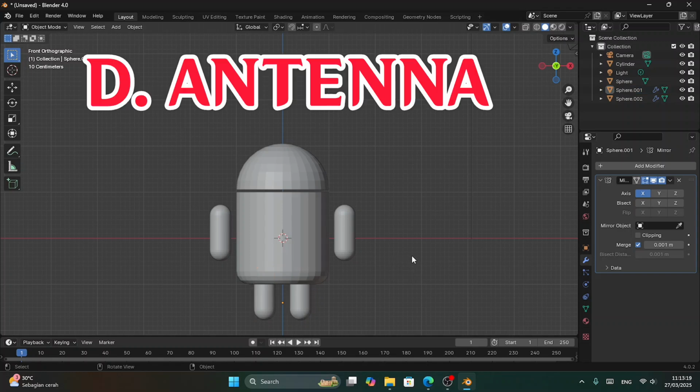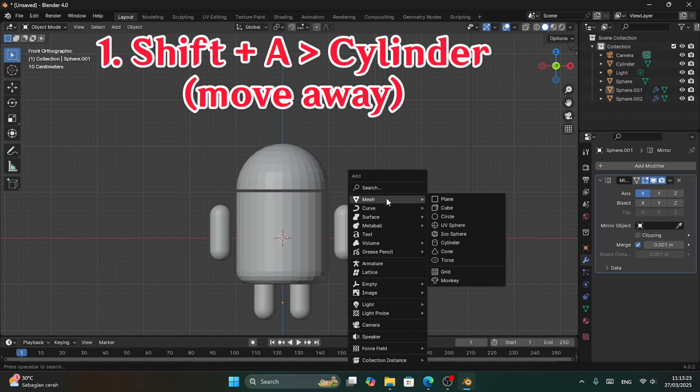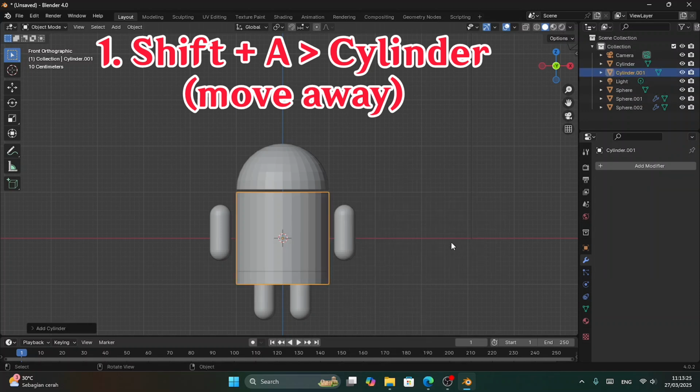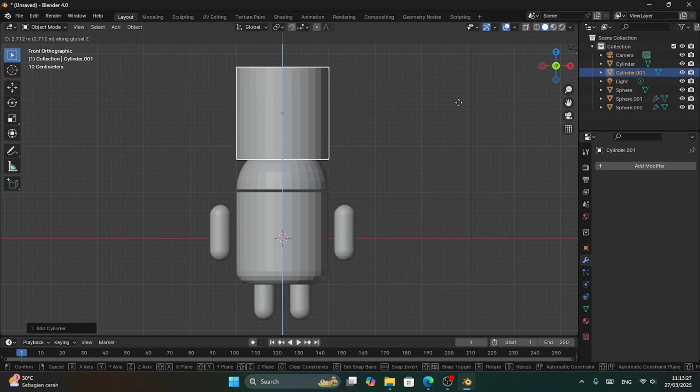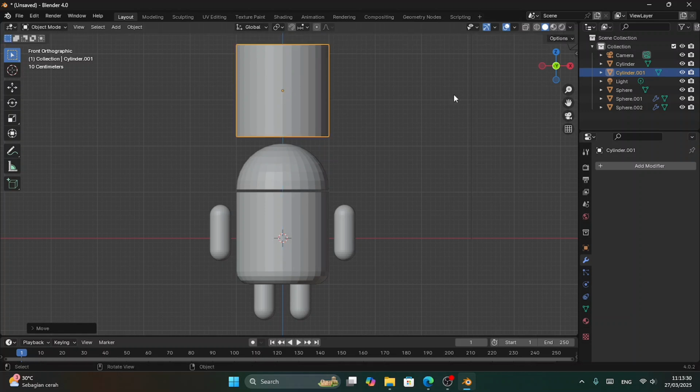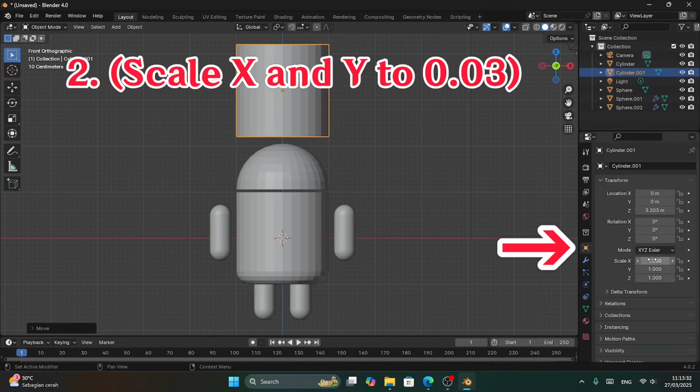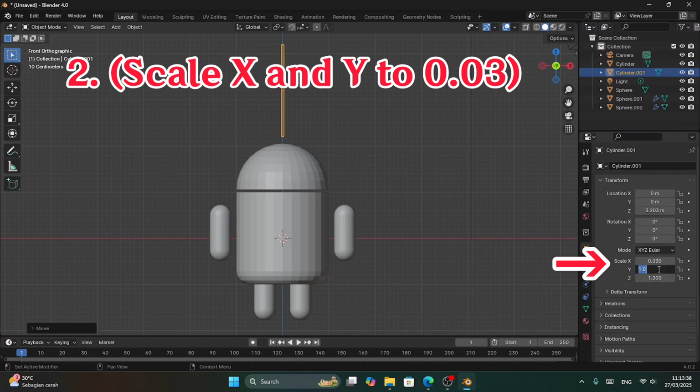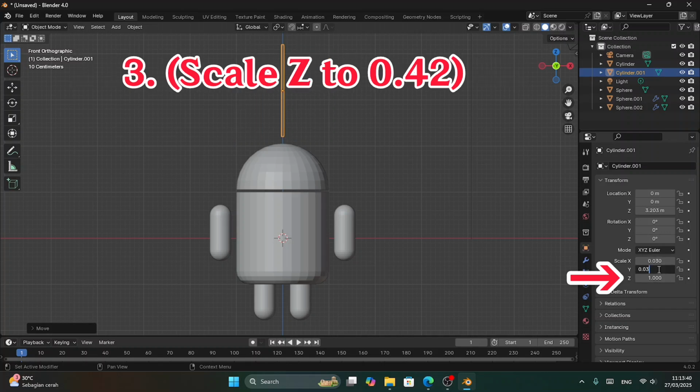Next, we're going to make the antenna for this Android model. Press Shift A and then select cylinder. Again, move this away and then scale it down. However, this requires some very precise scales, so I suggest you just check on the bottom right side on the orange square and then set the X and Y value to 0.03 and then set the Z value to 0.42